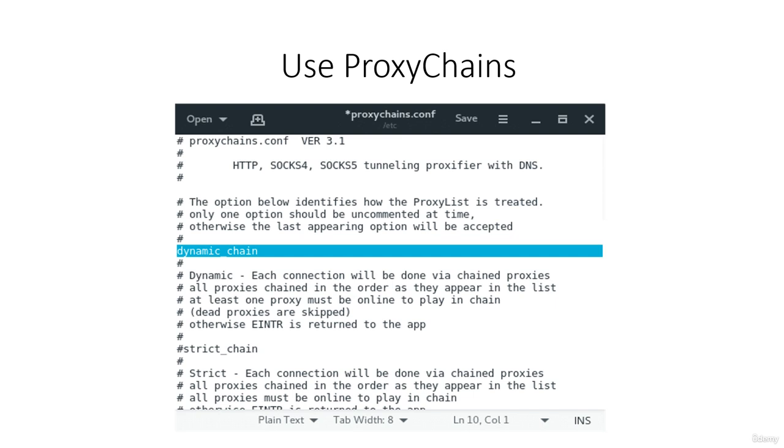Activating dynamic chaining allows for greater anonymity and trouble-free hacking experiences. I will always recommend using the dynamic chain. To enable dynamic chain in the configuration file, just uncomment. As you can see, this is the uncomment. So just uncomment this dynamic chain line, and then